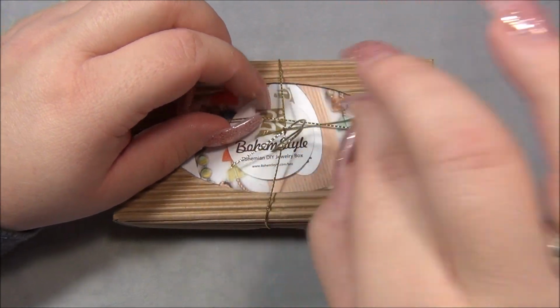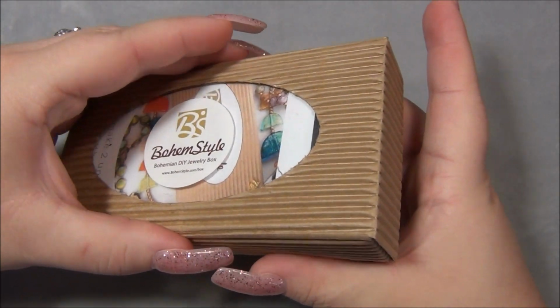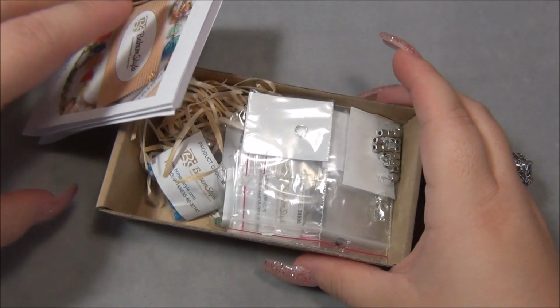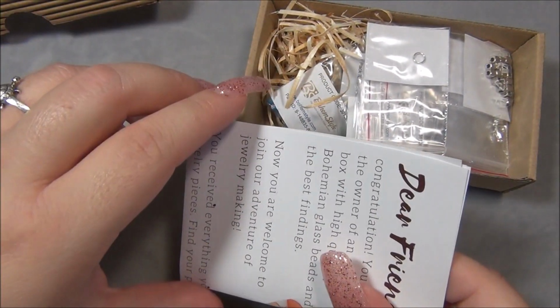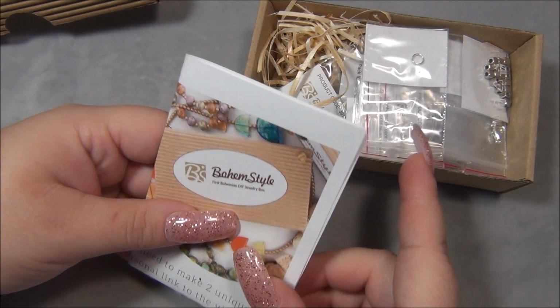Can I open it? Because sometimes I tie a knot. Alright, I got it. Okay. And remember, this is a project subscription, and 2 projects come in it. A necklace and a bracelet, and sometimes there's necklace and earrings, so they switch it around. Anyways,